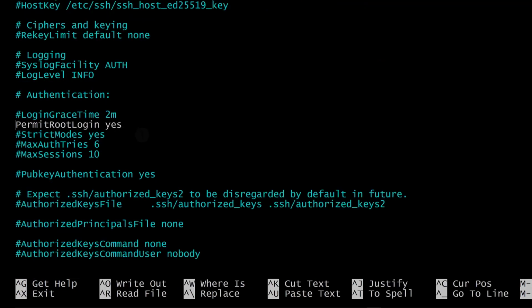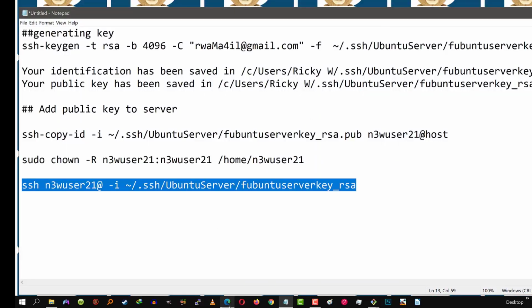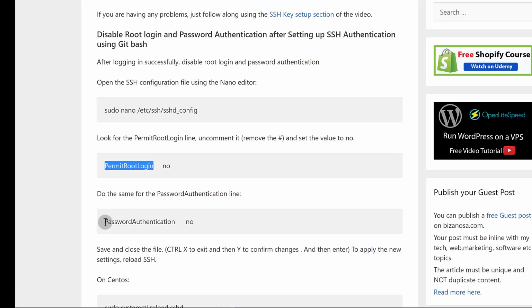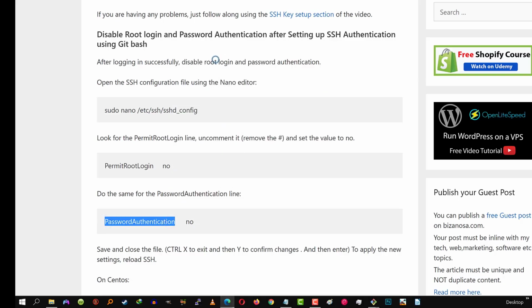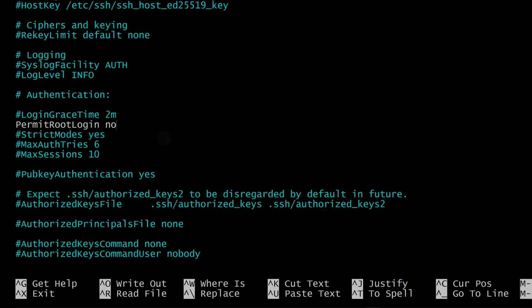And you can see permit root login has been set to yes. So we don't want root to be able to log in. So we want to set this to no. And we're going to delete yes. And then the next thing that I want us to look for is password authentication. So let me just copy password authentication from here. And we're going to search for it in the SSH config file. So once again, let's do Control W,